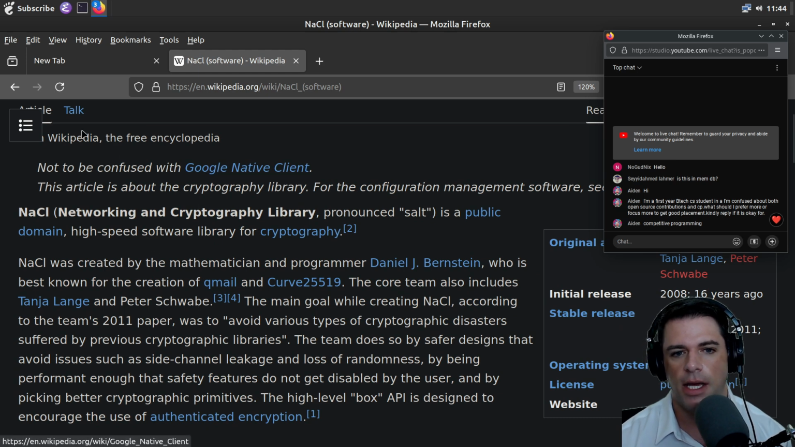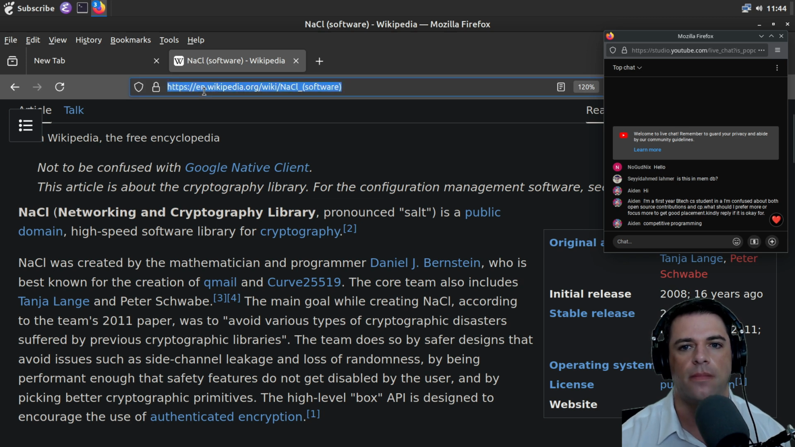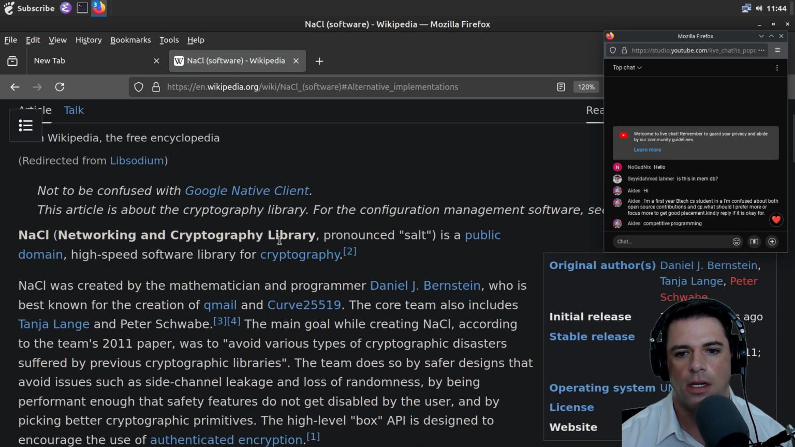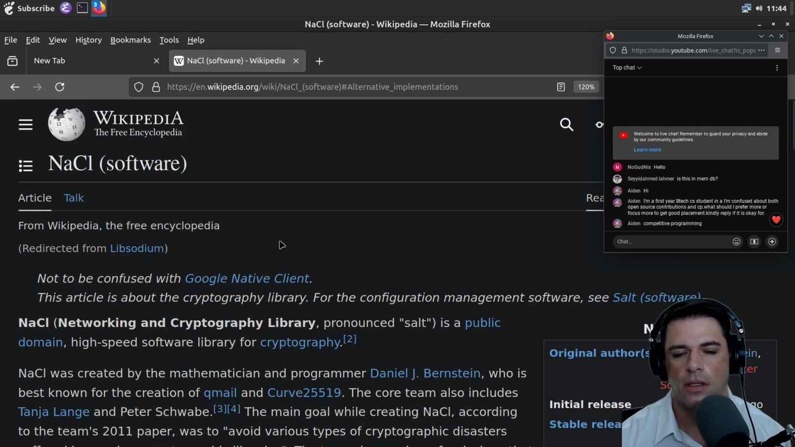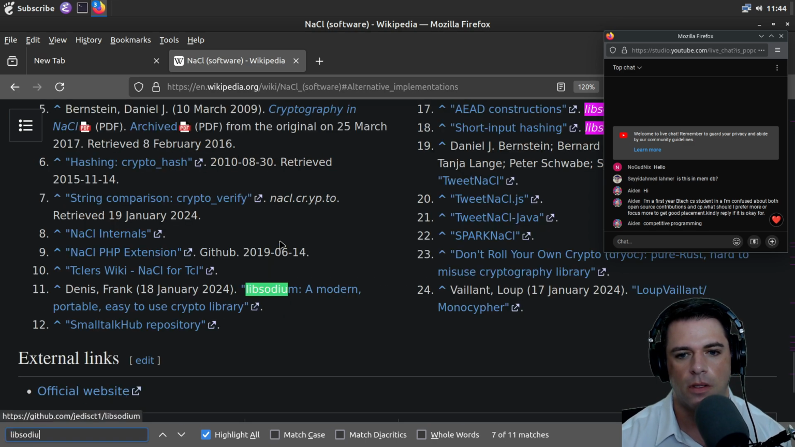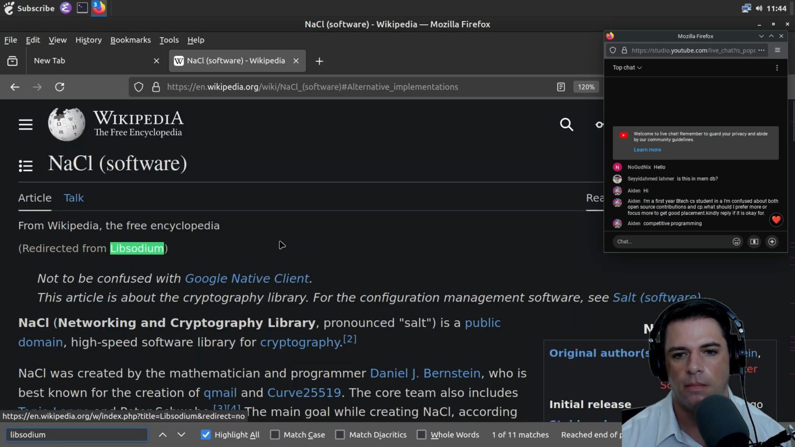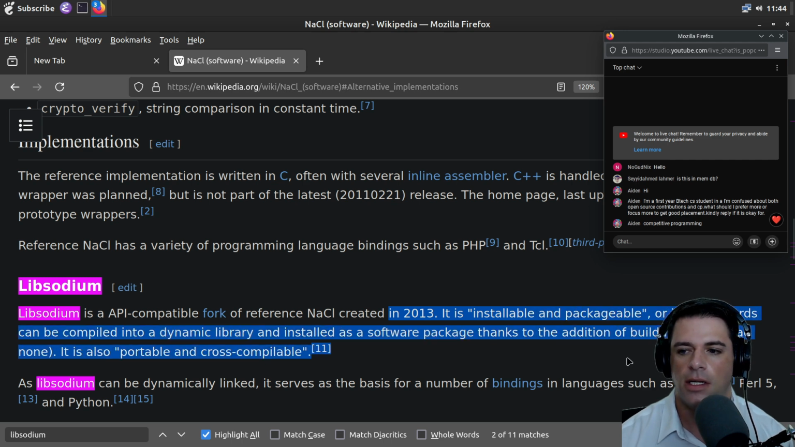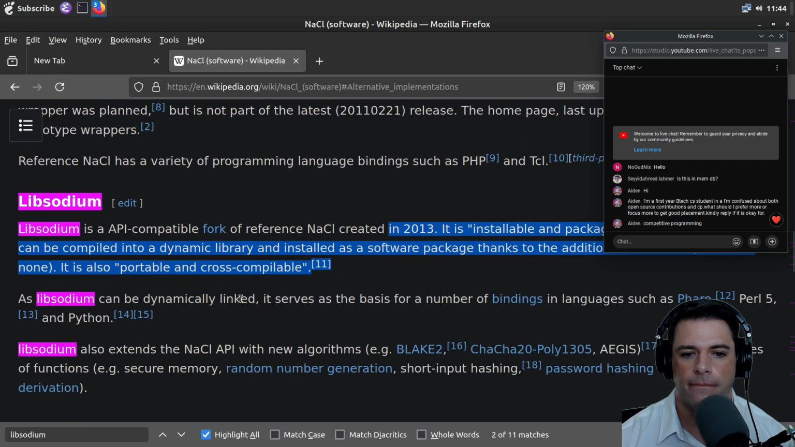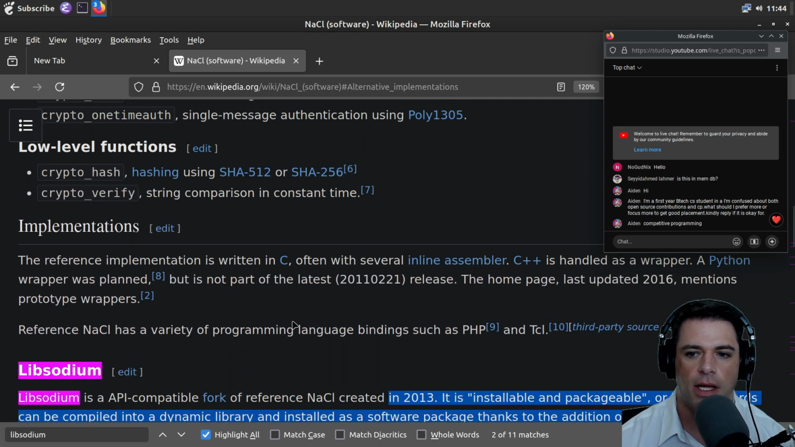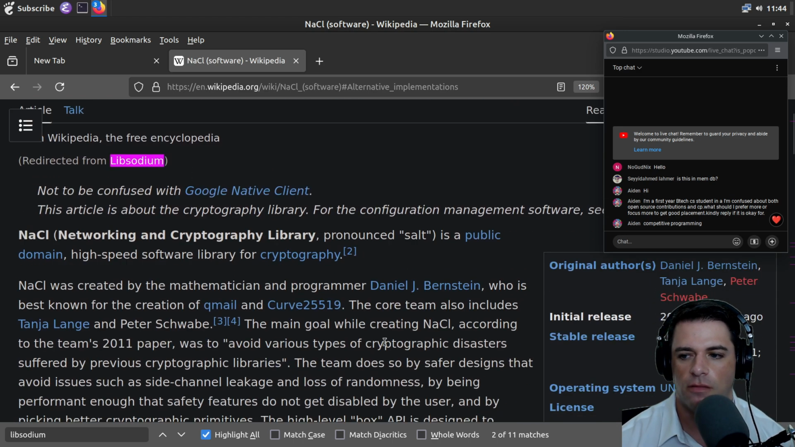So that's NaCl, and then the Libsodium fork just seems like it's some dude's GitHub repo. It's an API compatible fork of reference NaCl created in 2013. But the thing about NaCl, to me, was, I think,